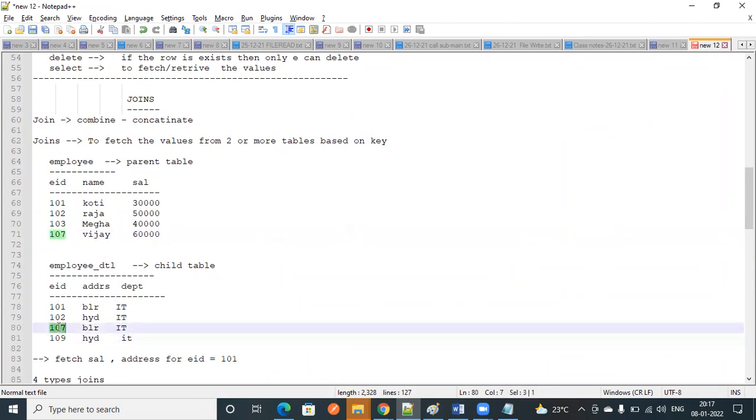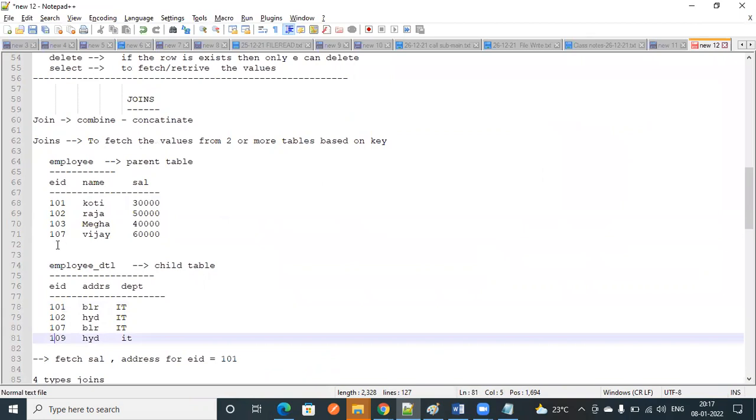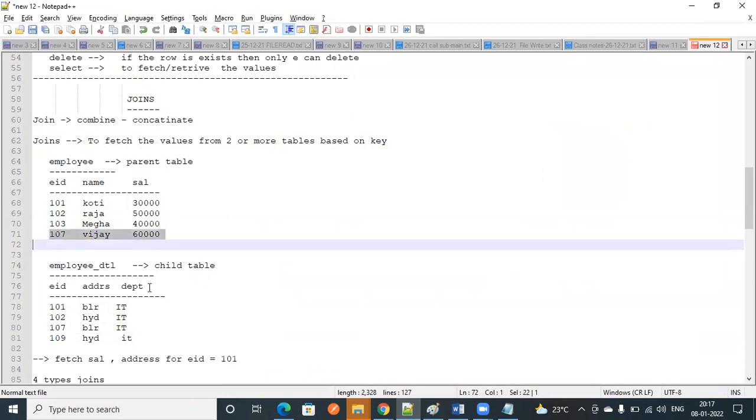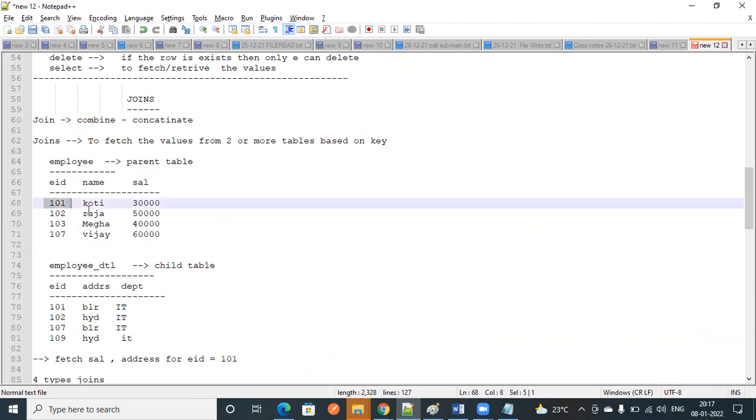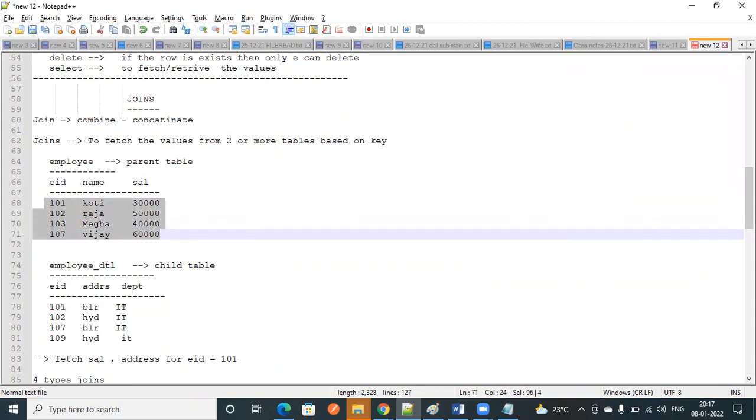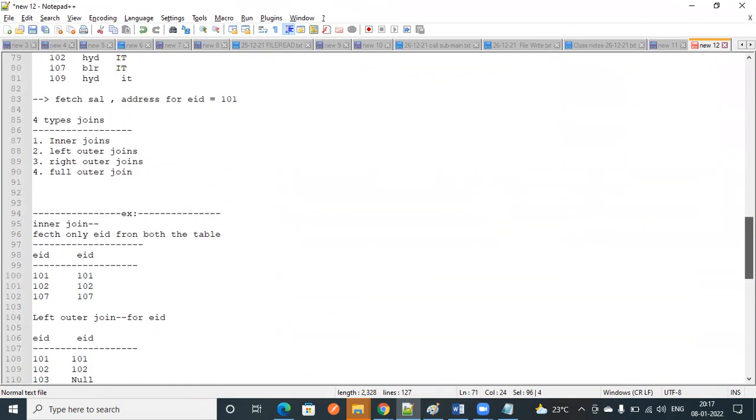No need to look for 109; it is present here, but not here. So if you take inner join, how many rows will come? 3 rows will come, because only 3 rows are matching in both the tables.